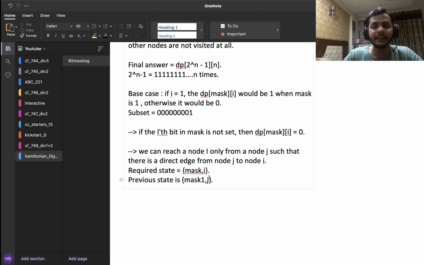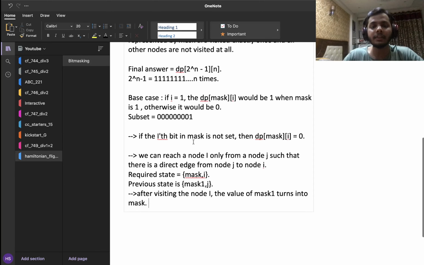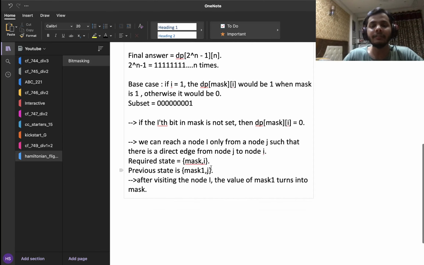And again, according to the condition in the problem, I know that I can visit each city exactly once. So if I am visiting the city I from a city j and my mask is mask 1, then obviously the ith bit in mask 1 cannot be set, right? Because I have yet to visit the city I, and without visiting the city I, my ith bit can never be set, right? So using this, I can just say that mask 1 is equal to mask with the ith bit turned off, right?